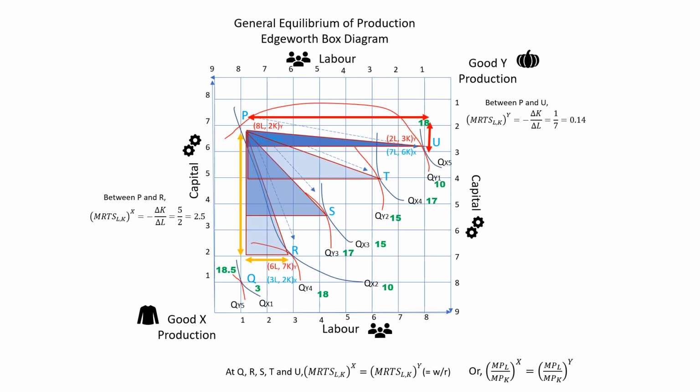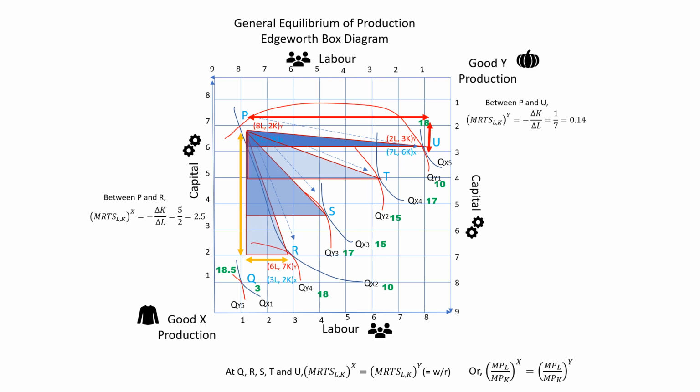So in this manner, we can arrive at alternative possible equilibria where there will be the equality between the marginal rates of technical substitution between labor and capital of X and Y. It really depends on the extent to which the labor inputs can be transferred from food to clothing, or the terms at which the labor can be transferred from food to the manufacture of clothing, and vice versa, the transfer of capital from clothing to food.